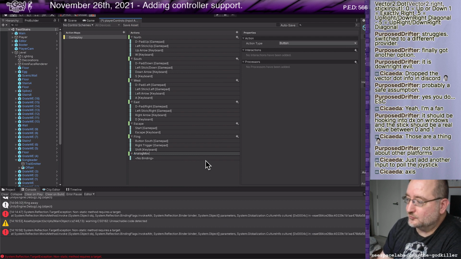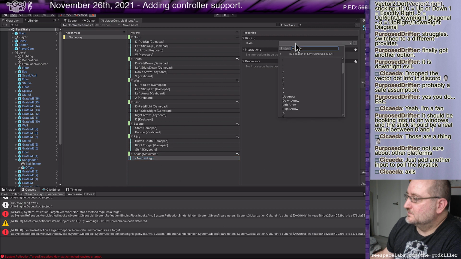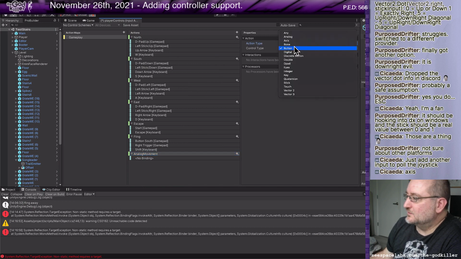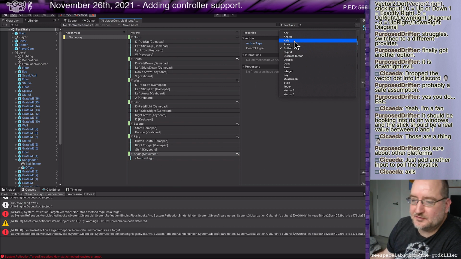So we'll say analog movement. It might not be the best name, but I'm gonna have to set the type. You're saying axis, but that'll give me, I think, just one dimension, right? So I'll do value. So axis is one choice. I noticed when I was trying to do the mapping earlier, it would either let me do x-axis or y-axis.